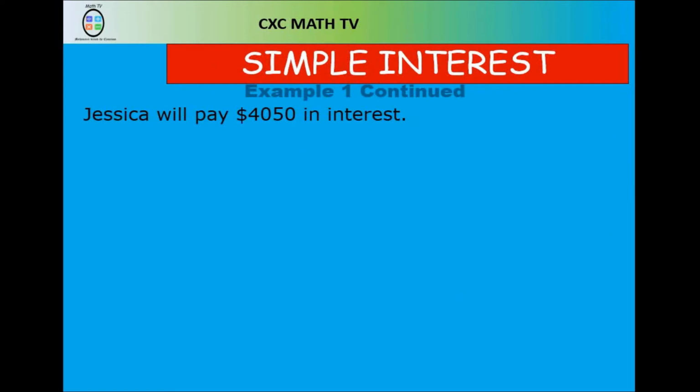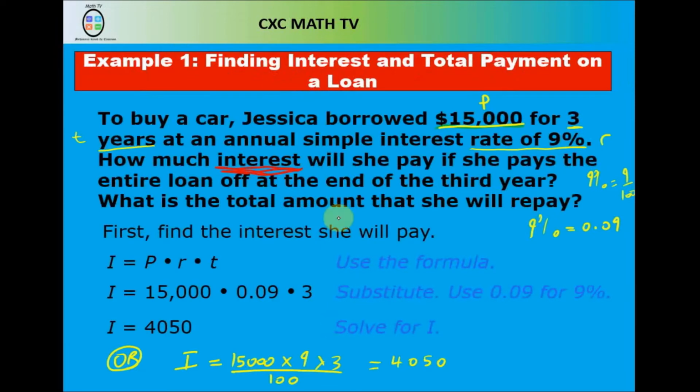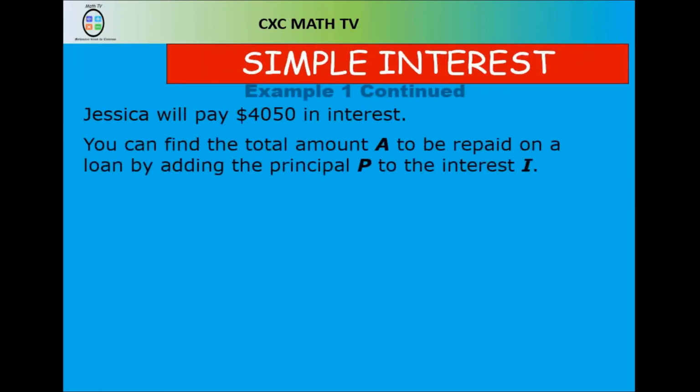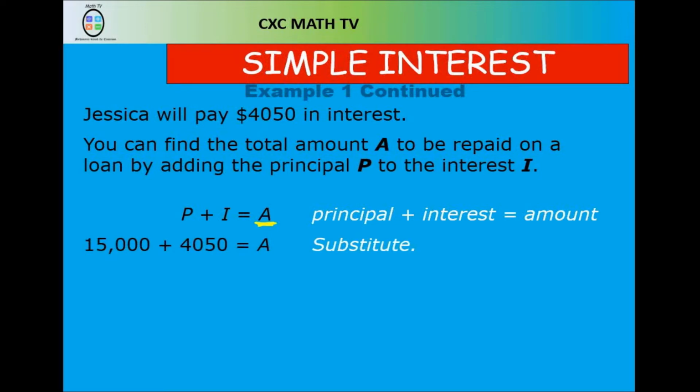So now that we said that Jessica will pay $4,050 in interest, the question also asks, what's the total amount that she will have to repay? Remember, Jessica borrowed $15,000, so she can't just pay them $4,000 and a little bit. You have to pay them back their $15,000 plus the interest. So I want you to remember this new formula: the total amount paid, we call total amount A, is equal to the principal value plus the interest. So input that, 15,000 plus 4,050, and we get